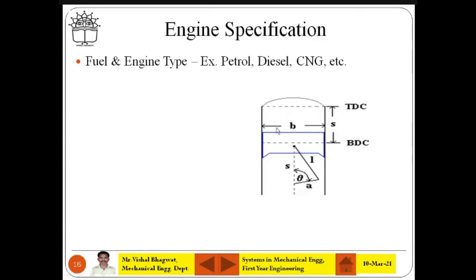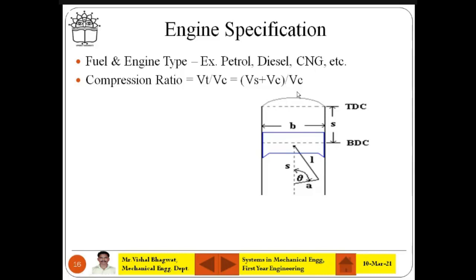Now B is the bore diameter. It is the diameter of the cylinder or the diameter of the piston. It is called bore diameter. And the distance between BDC and TDC is called stroke length, that is how far the piston travels freely in the cylinder, from its bottom position to its top position. It is called stroke length. So these are the important specifications of the engine. I require 2 minutes to complete it. Just see, the engine is decided based on the compression ratio.